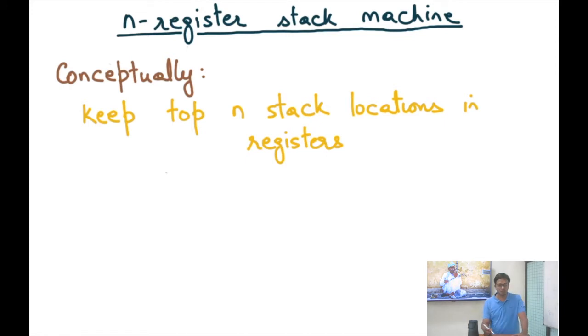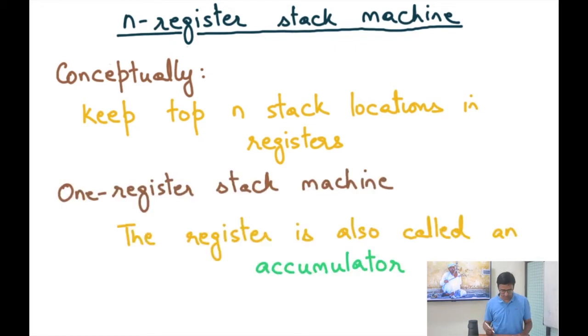Now there's a generalization of a stack machine. It's called an n-register stack machine. Conceptually, the idea is let's keep the top n stack locations in registers. The thought behind generalizing a stack machine to an n-register stack machine is that there are some values that are accessed very frequently, and so we want to avoid memory accesses, and so let's keep some values in registers. And maybe we want to keep the top n values in stack locations and registers, because that's going to make our